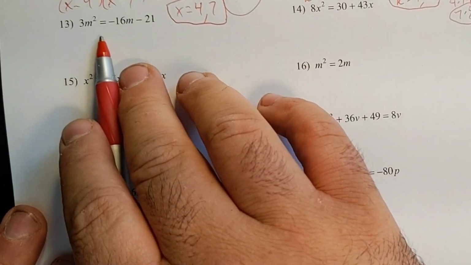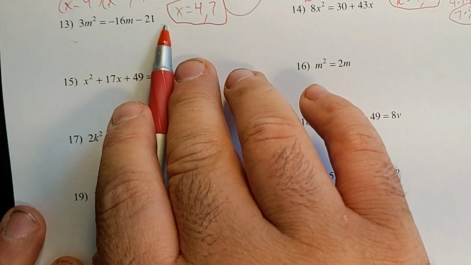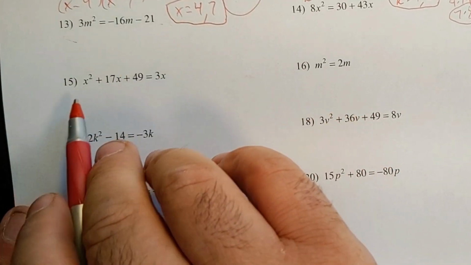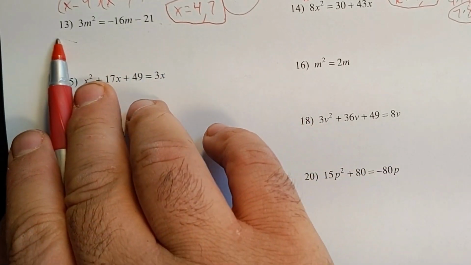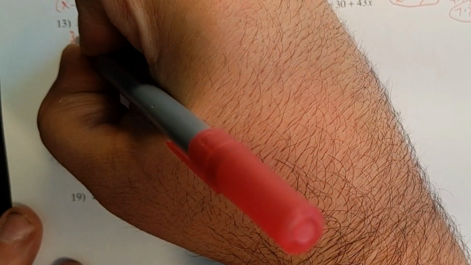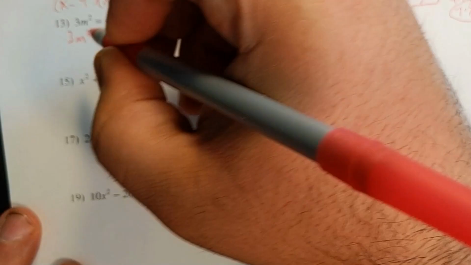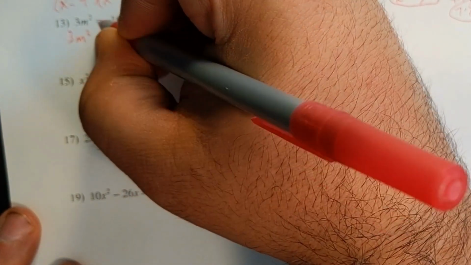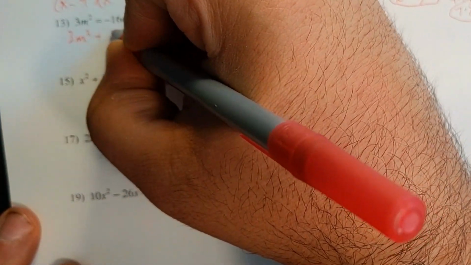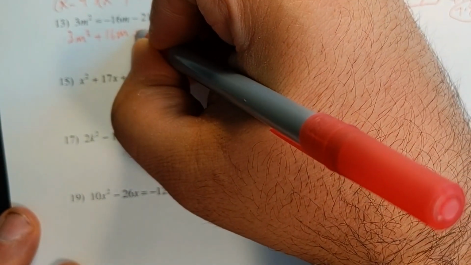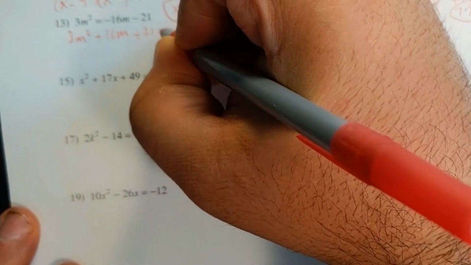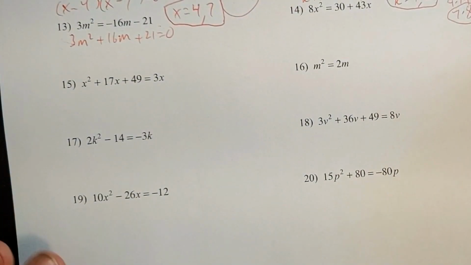Okay, for number 13, not in standard form, we need to move this around. So if we add 16m, we'll move it across. If we add 21, we can move it across. So when we rewrite this, 3m squared was already on the left. Don't change that. 16m, once it crosses that equal sign, becomes positive, and the 21, once it goes across that equal sign, also becomes positive. So now our new equation is 3m squared plus 16m plus 21 equal to 0, and that's